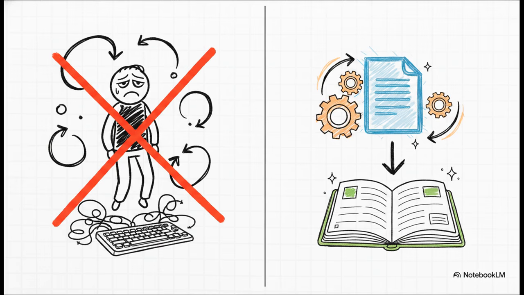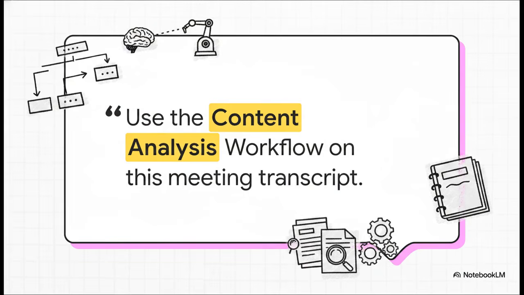Open up a Google Doc, title it Content Analysis Workflow, and literally type out your exact formatting needs. Maybe you always require a bias analysis, some key insights, action items, and a summary table. Then just upload that single document as a core source right into your Everything notebook. Because by doing this, you've